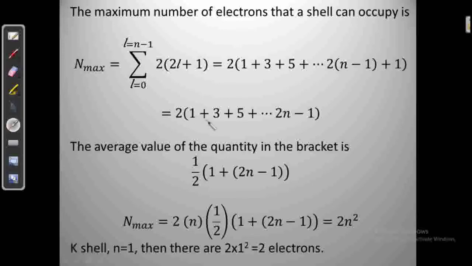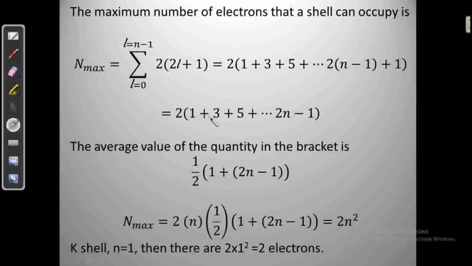That means you can calculate the average value of the quantity in the bracket, which can be written as half into 1 plus 2n minus 1. As an example, if n equals 2, then 2n minus 1 means 2 into 2 minus 1, that is 4 minus 1, that is 3. So you have 2 into 1 plus 3, that is 4, 4 into 2